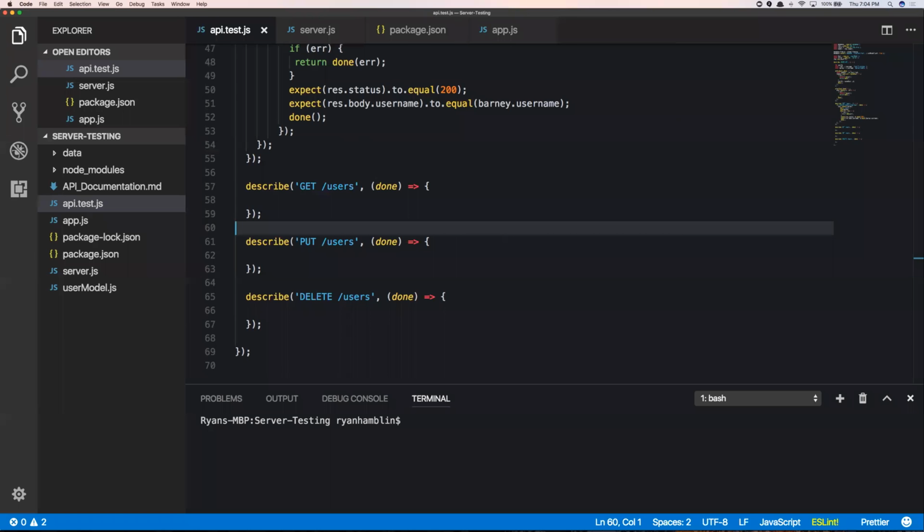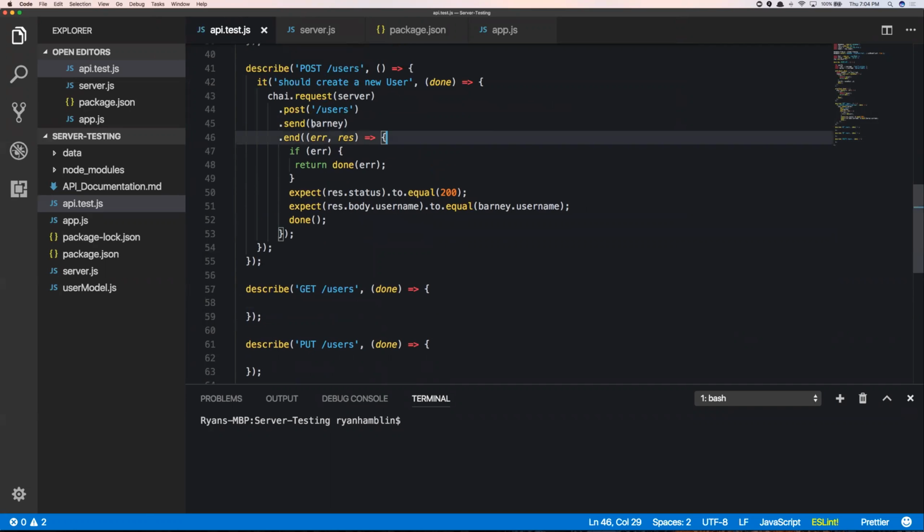Part 2 of the server testing sprint. Okay, so much like we did up here when we are creating a user, we need to simply follow the same process, right? So when we go,